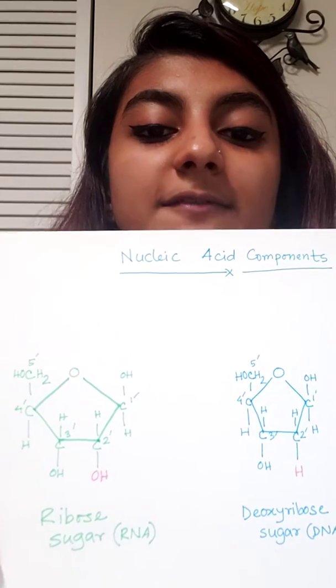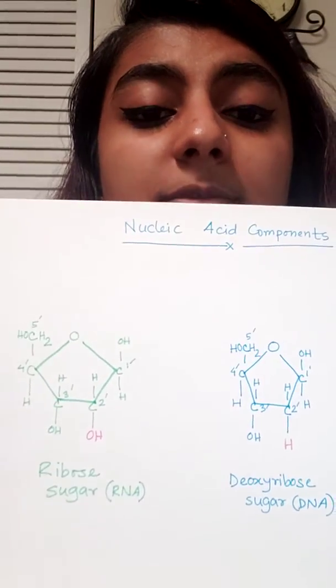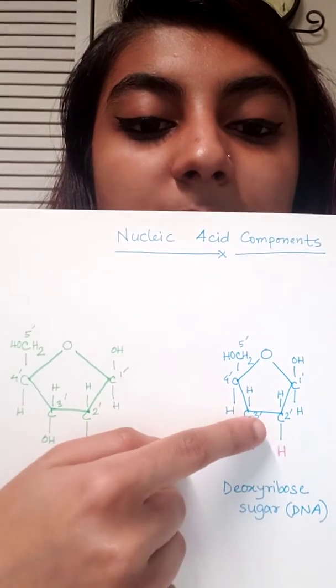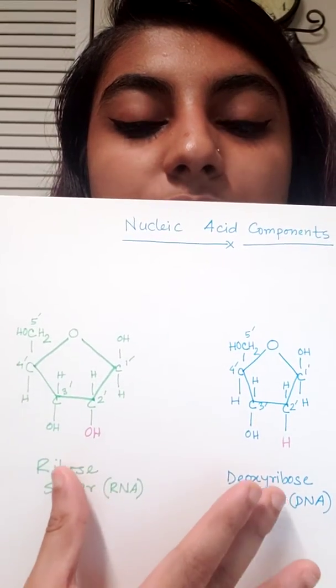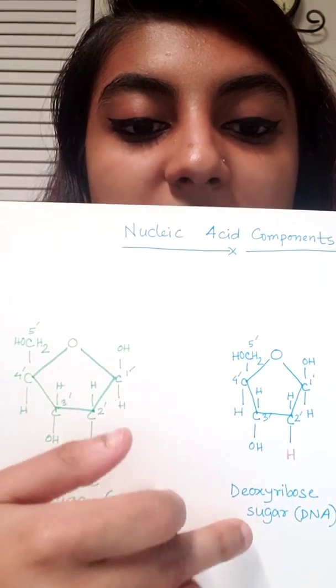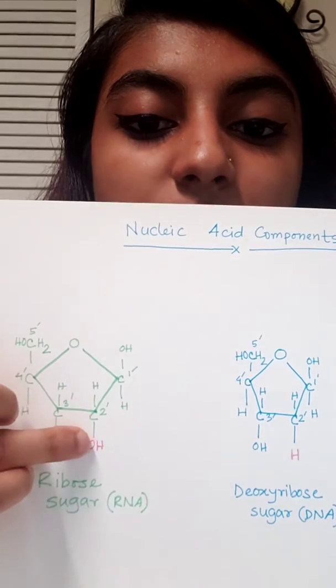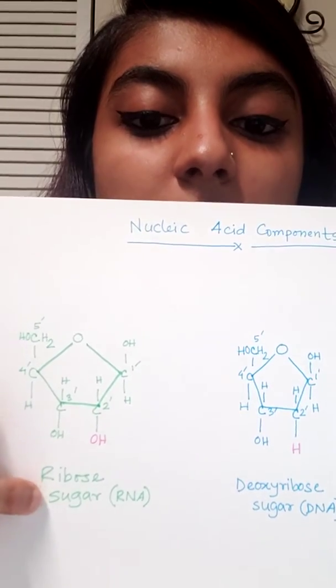DNA requires a 5-carbon sugar. These carbons are marked down from 1' to 5'. The 2' carbon plays a significant role in determining whether the sugar is for DNA or RNA, because if the 2' carbon is attached with hydrogen, it's the deoxyribose sugar for DNA, but if it is attached with OH, then it is the ribose sugar for RNA.